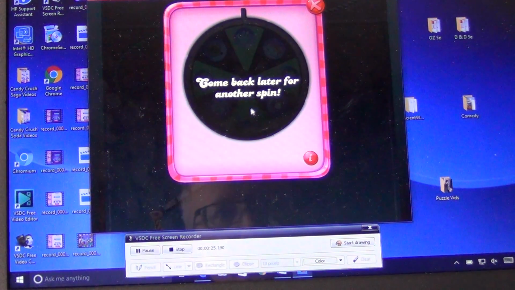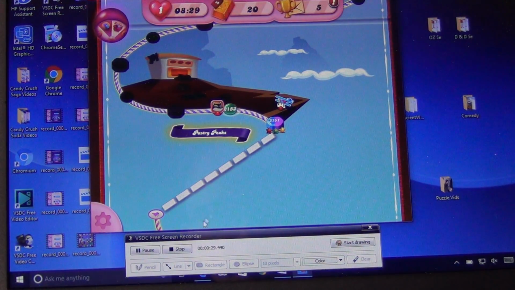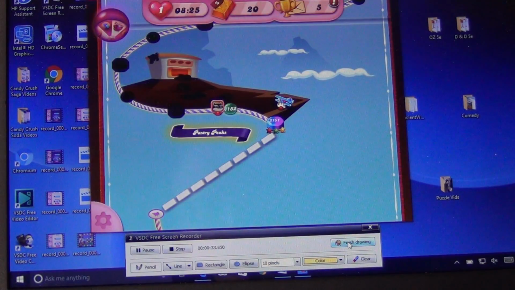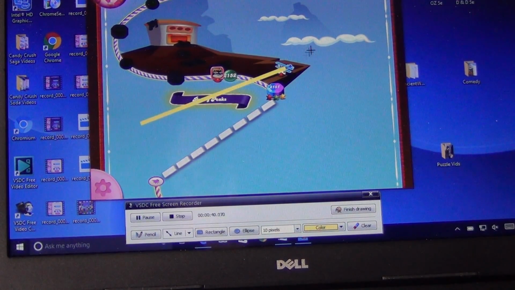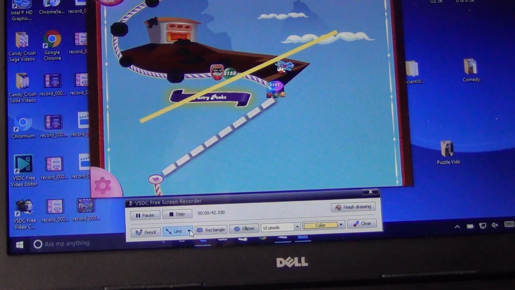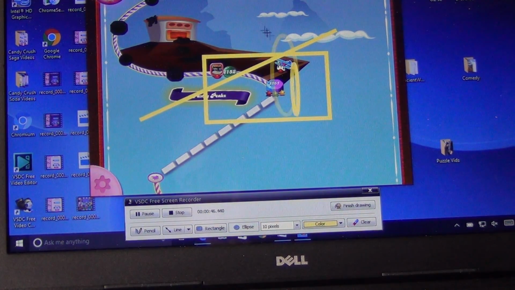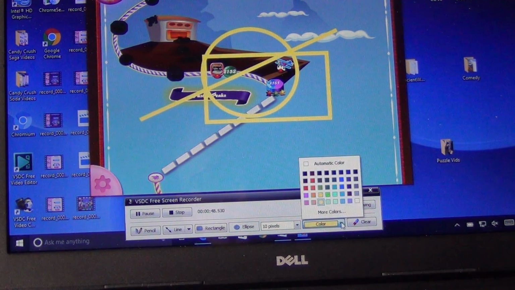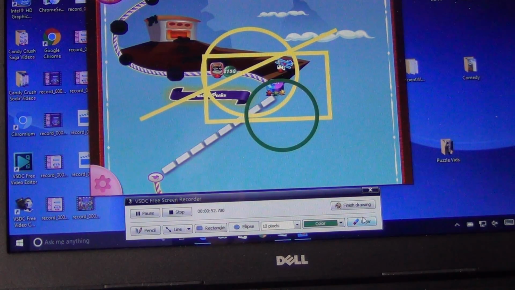Now let's say I wanted to point out something, I don't know, on the map. I can draw. I can hit this button down here. It says start drawing. I can draw a line. I can draw a rectangle. I could draw an ellipse. I can make them different colors. So I could draw an ellipse that's green. I can change the thickness